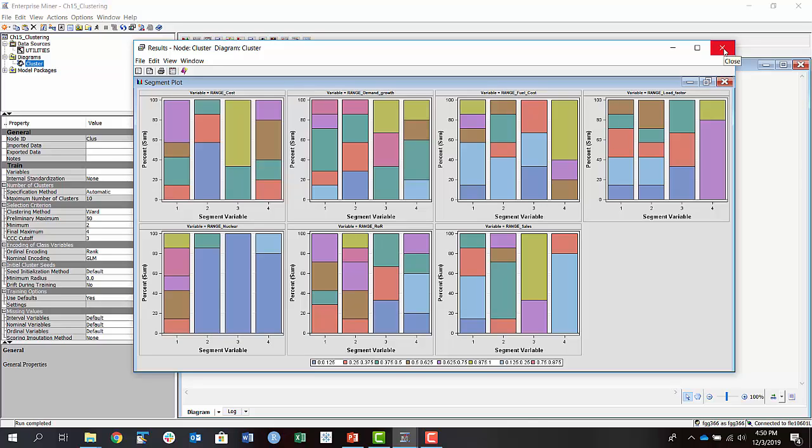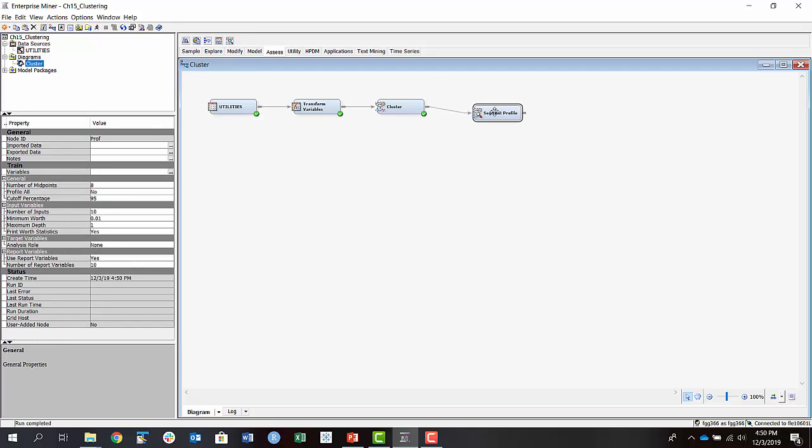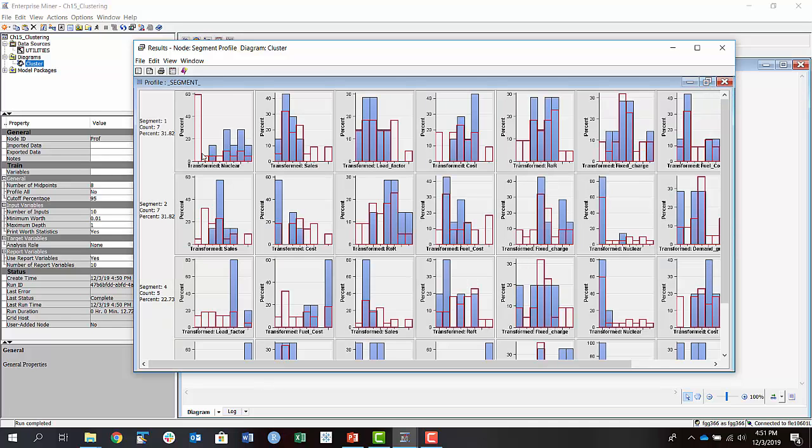Another chart that may be helpful is the segment profile. So it's under Assess. If you bring in the segment profile and run that, okay, look at results. Okay, so the segment profile gives you a